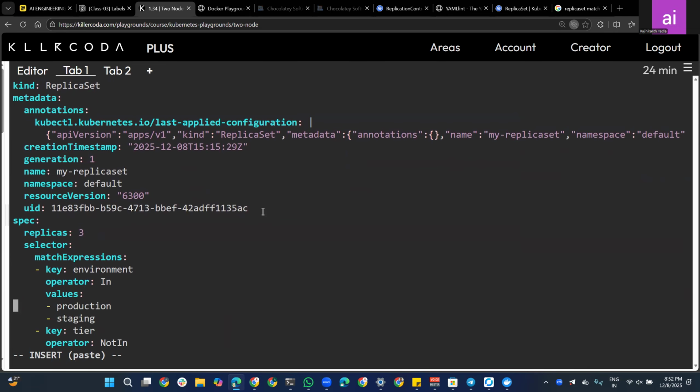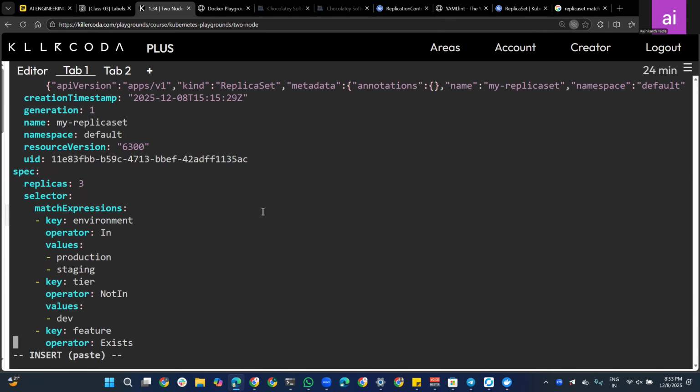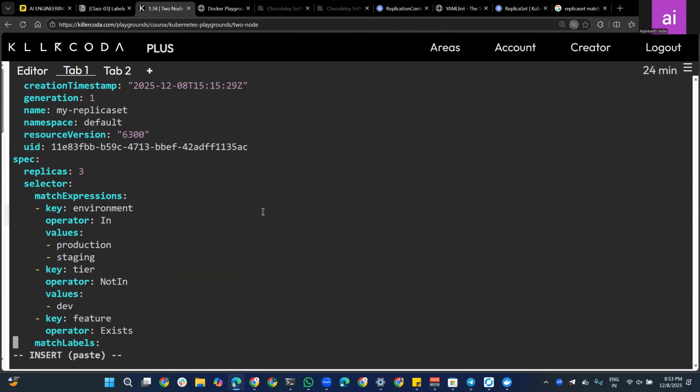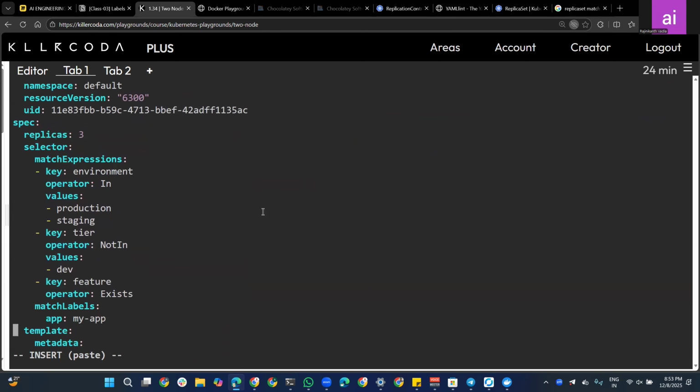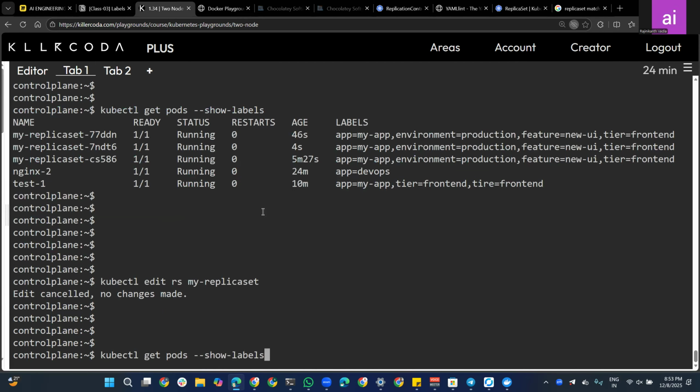Here we are saying operator in production or staging. Key is not in dev. Okay. In production. Okay. So escape, shift colon W exclamation mark. What I label is